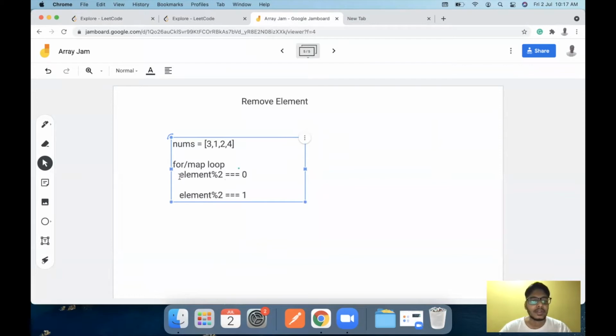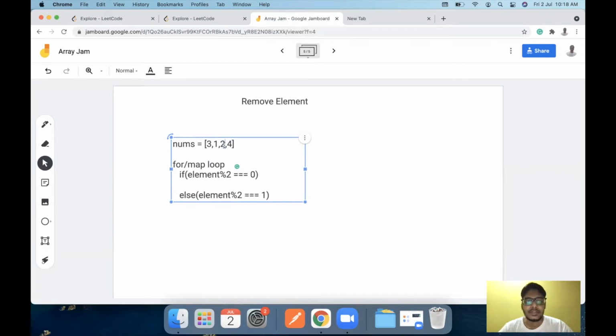So this could be one of the if conditions here. That is, if the element is, let's say, even, we need to do something, and else if the remainder is something like this, we need to do some operations. Now what to do with the operations is the next part to figure out. Let's say I iterate over this loop and I detect that okay, even 2 is the first even number. Now I need to take this even element out of here, and I need to push it towards the start of the array. So how do I do that?